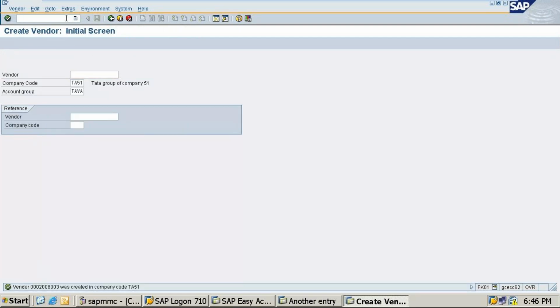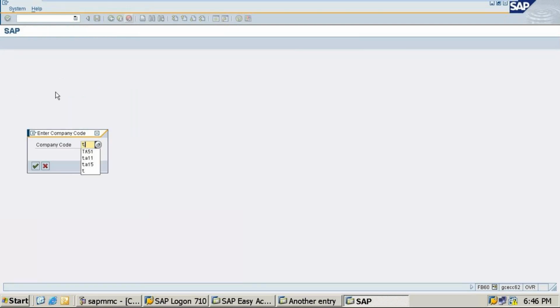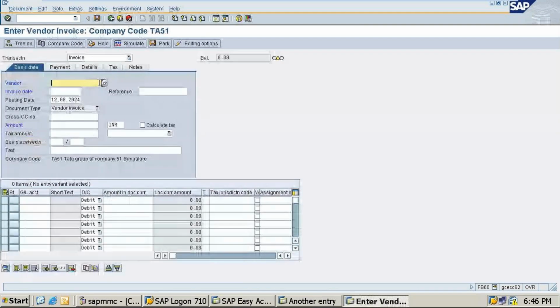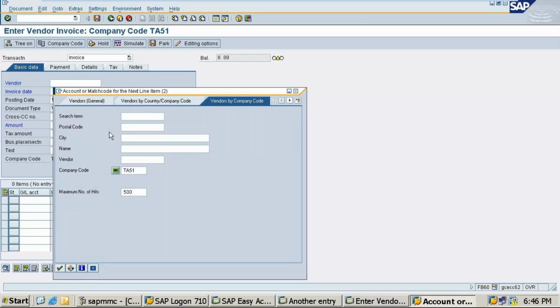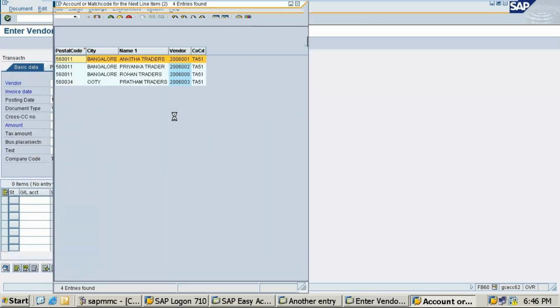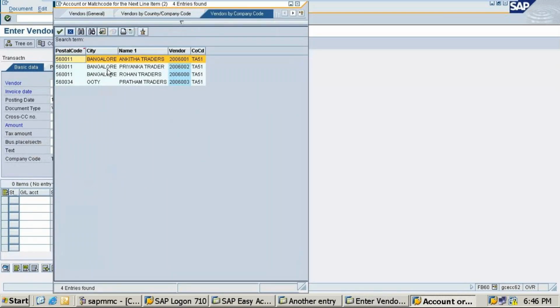Now I'll go to slash n FB60. Vendor, I am taking here Priyanka Traders.